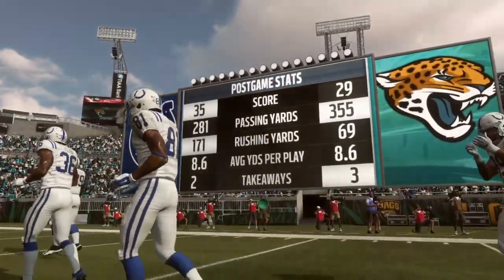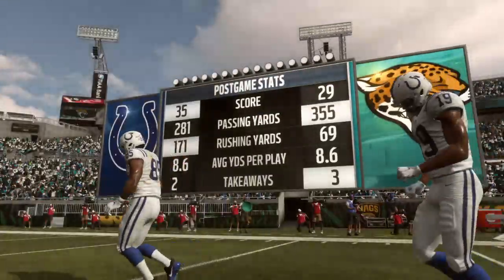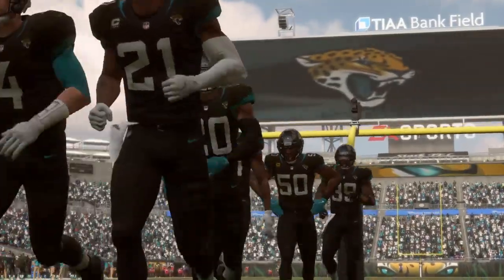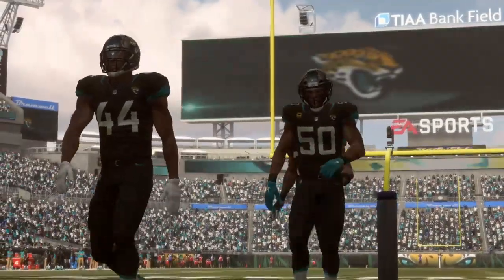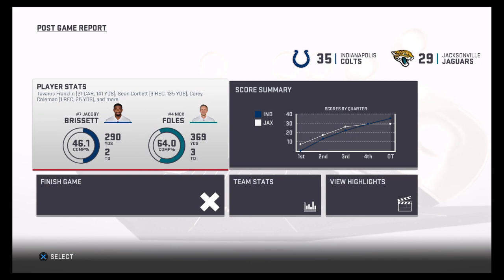What a game. So for Indianapolis, their very slim playoff hopes remain as they move to 6-7 on the year. And they'll get another road test next week as they head to Houston to take on the Texans. Meanwhile, for the Jaguars,